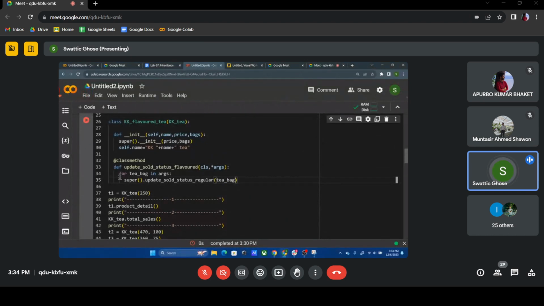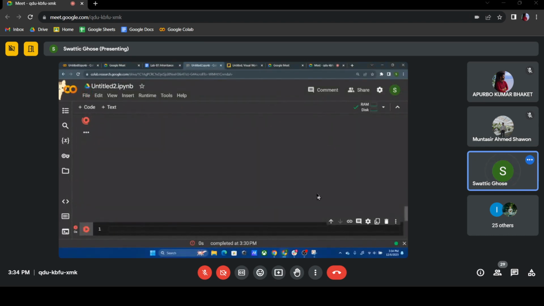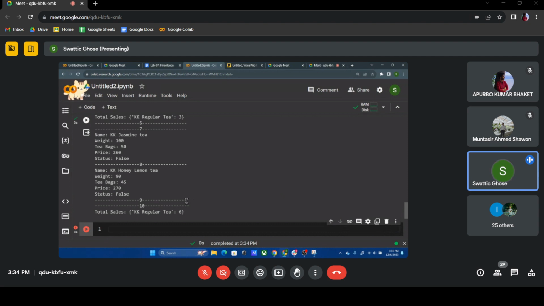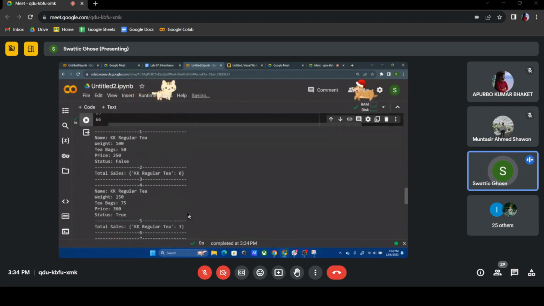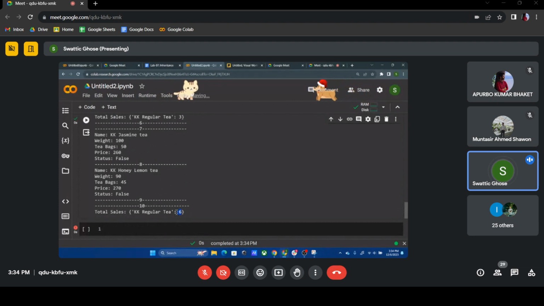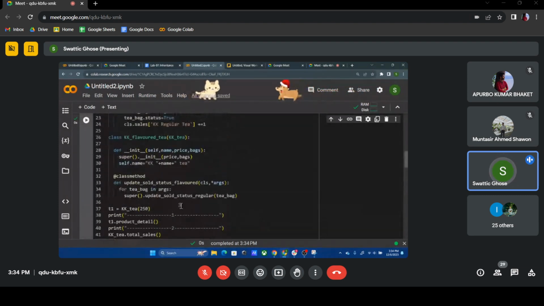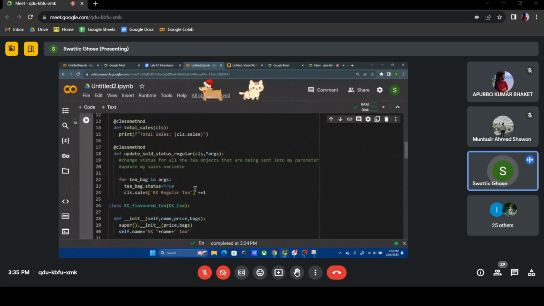All right. So this should solve that problem. But the problem still remains what? It's only updating my kk regular t, and it's just incrementing that. But I don't want that, right? I want to increment it based on the name of the tbag, right? So to do that, what we can do is